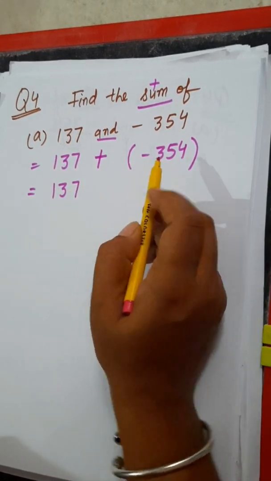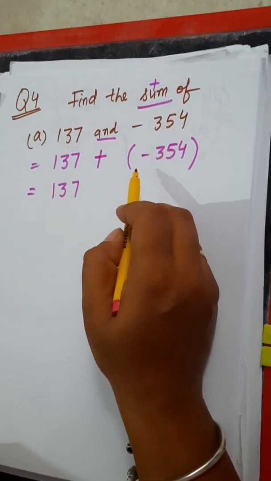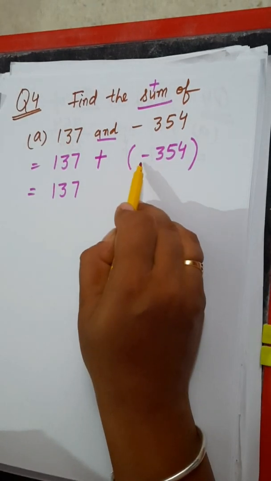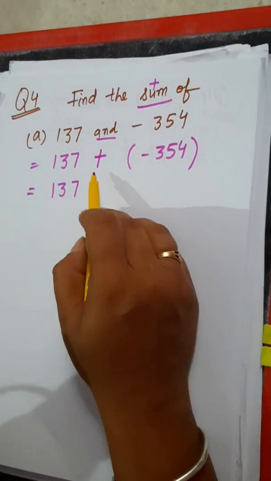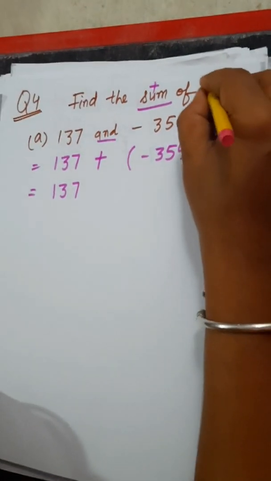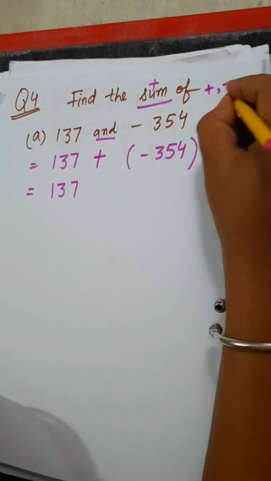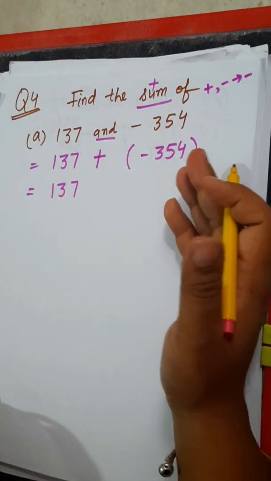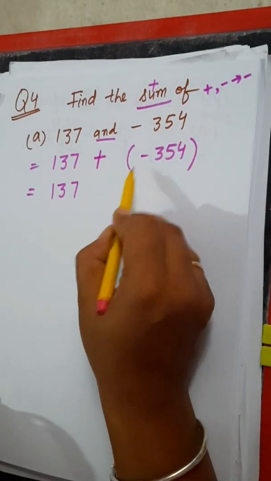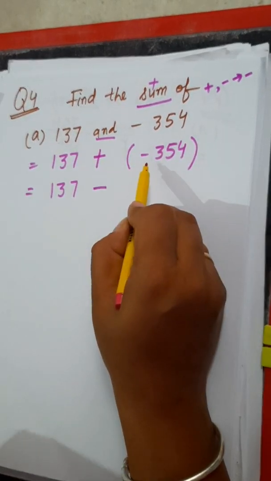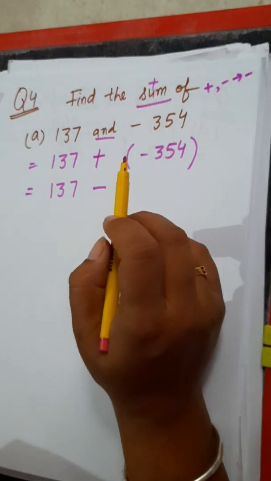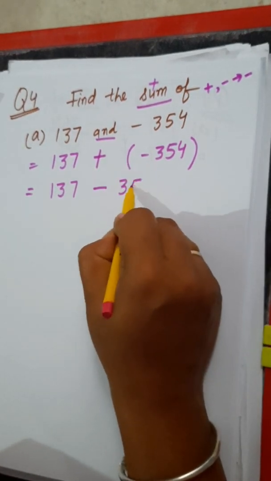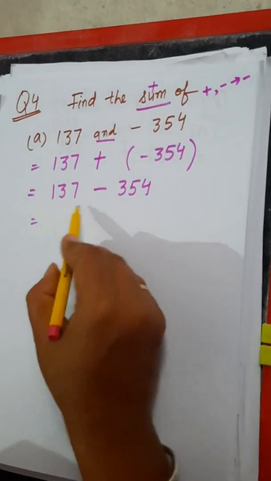I have to solve because according to the rule we have to solve this bracket first. Plus minus, we have opposite, plus minus minus. Whenever you have one sign of plus, one sign of minus, that is minus. We did these rules in the introduction part. Plus minus minus, because opposite sign, then you have to use the sign of minus. Then you have 354. Now this is simple.